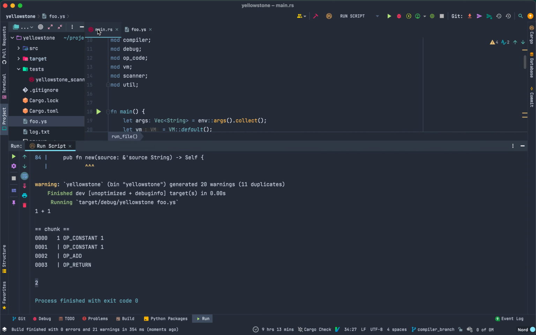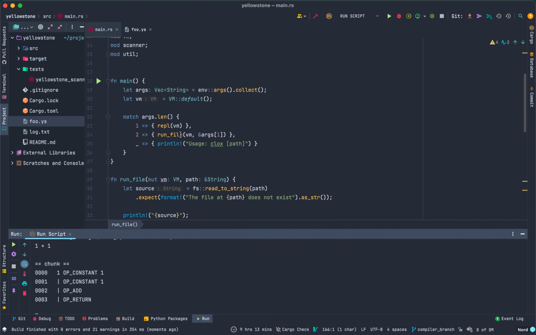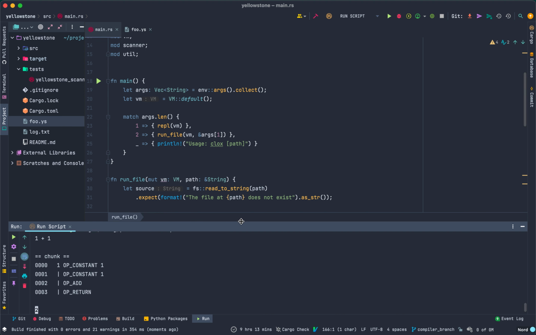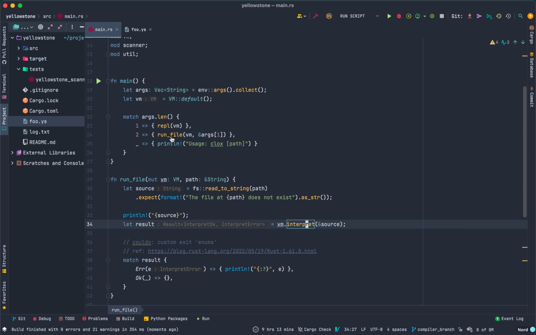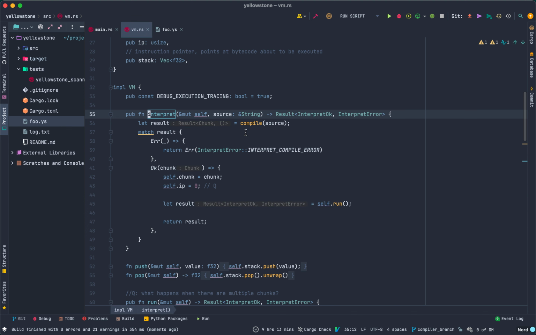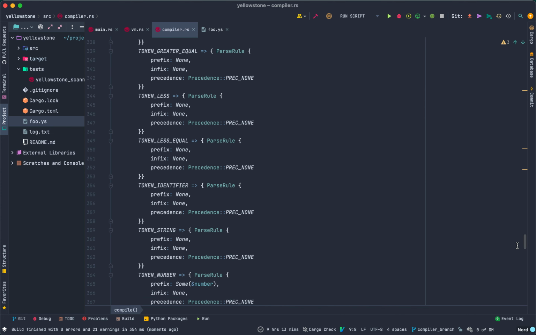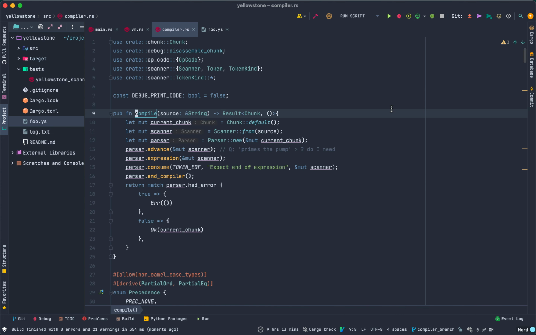I just want to give you a quick overview on how that works if you're interested. So I pass it a file name when I actually run the code. So I run a file, and then from running a file, I interpret it, and the first step of interpreting is compiling it. And I pretty much wrote this entire file this weekend, basically just a bunch of code for